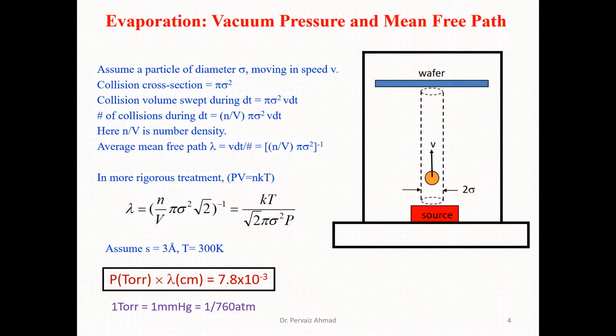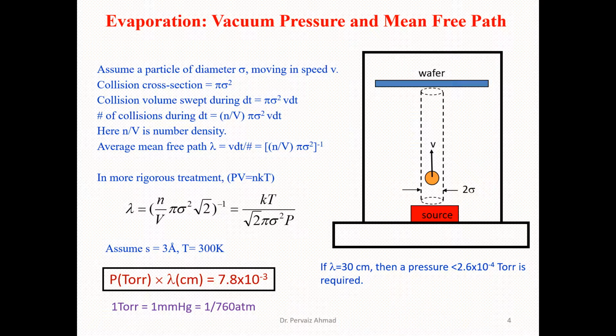And we remember the different units for pressure, in which 1 torr is equal to 1 millimeter of mercury, which is equal to 1 over 760 atmosphere. So it means that if we have a free path lambda equal to 30 centimeter, then a pressure smaller than 2.6 into 10 raised to power minus 4 torr